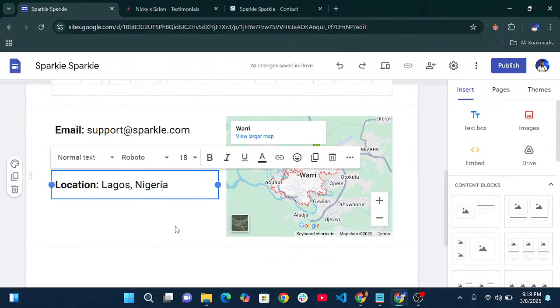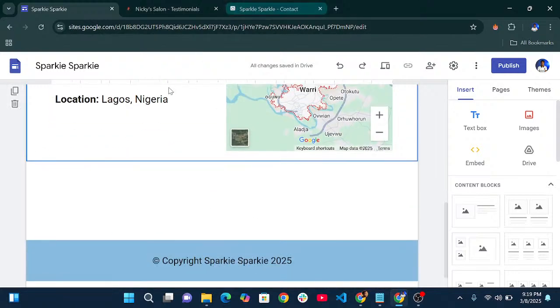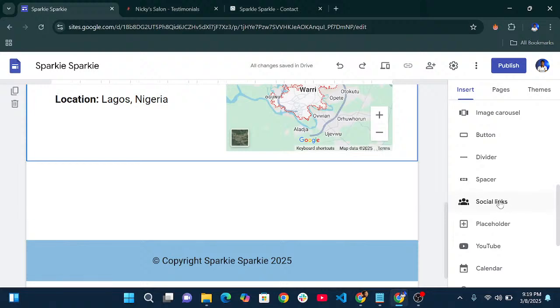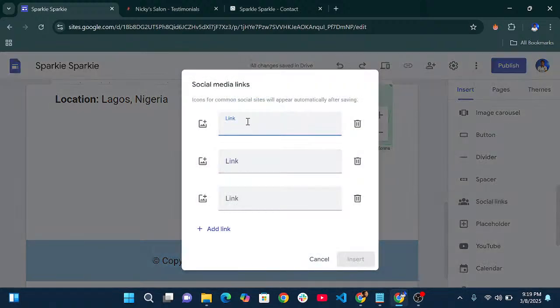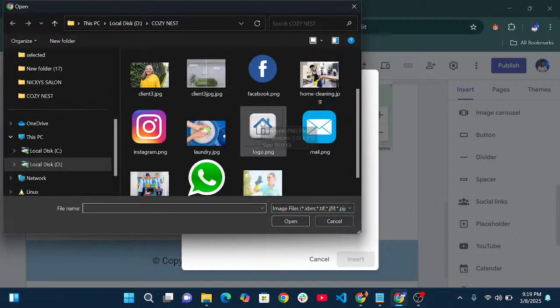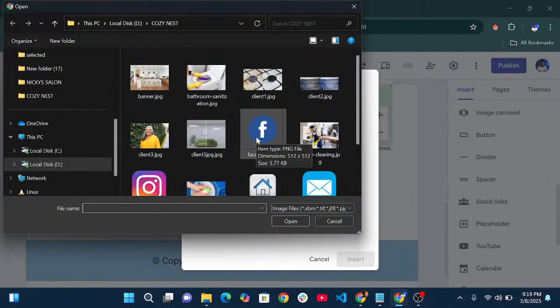All right, so I'm going to add a social media link. So I'm going to go to social links here, click on it. So the first one is going to be for Facebook. So we need to upload an image and put the URL of the link here. So the first one, I'm going to upload Facebook. So I downloaded all the icons, all the assets needed for this project. So open,